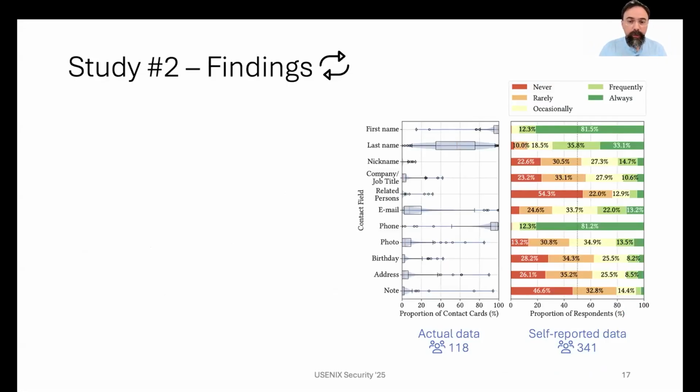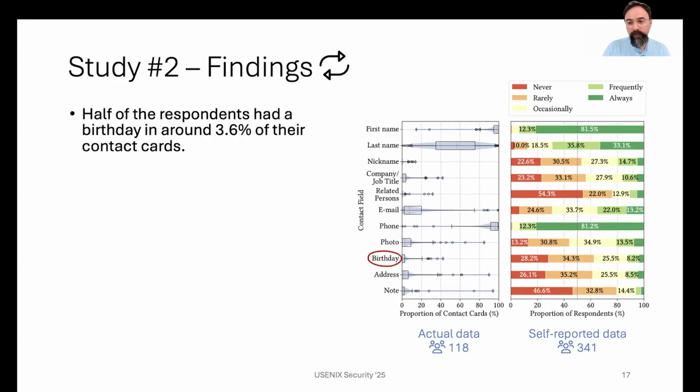On the left, you see the actual data extracted from contact cards. On the right, you see what respondents self-reported. As you can see, fields like first name, phone number, and last name are the most common entries. From the actual data, the median proportion of contact cards that include a birthday is only 3.6%. This is not even visible in the chart, but it means that half of the respondents had a birthday in